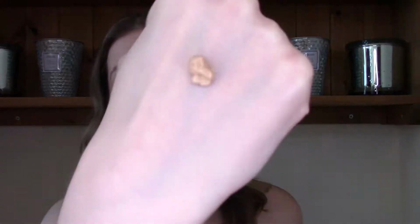I'm going to use another Becca primer. This is the Backlighting Priming Filter. This is one of my all-time favourite products from Becca. I absolutely love this primer. Again, I don't use it on a daily basis because it doesn't have any silicones. That's what it looks like. I've put rather a lot there because I love it so much. Again, it smells edible. This smells like a holiday to me, and although it doesn't have any wrinkle filling, pore filling effect, which I do like in a primer,